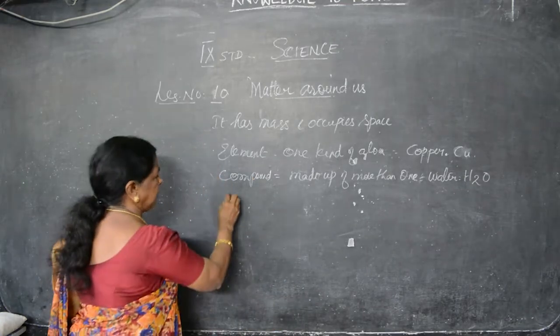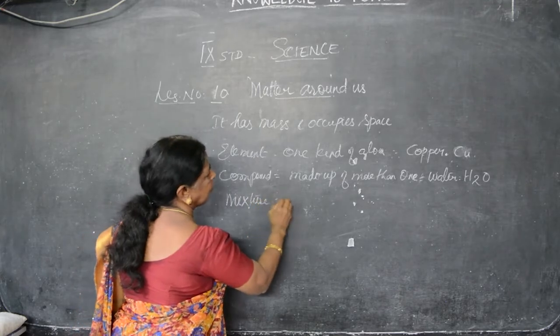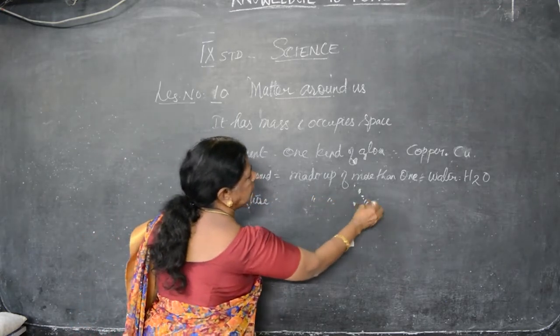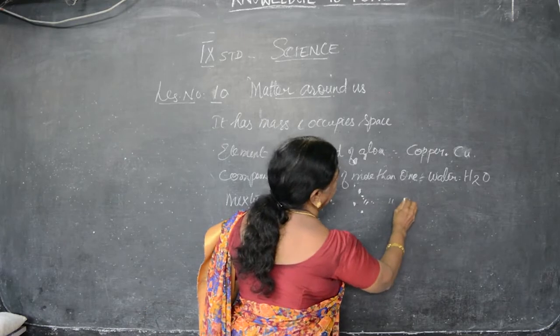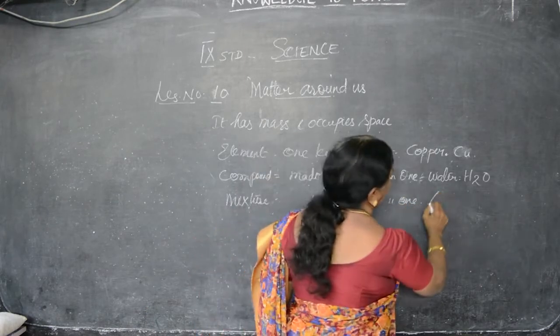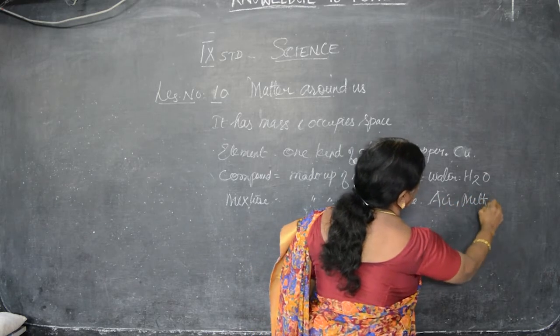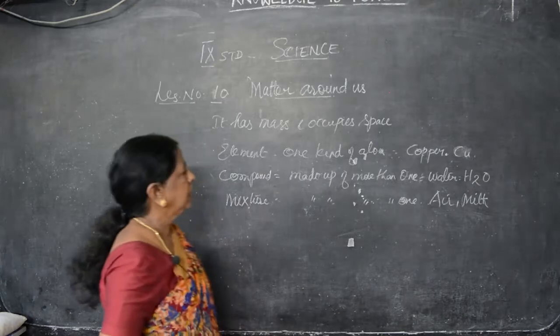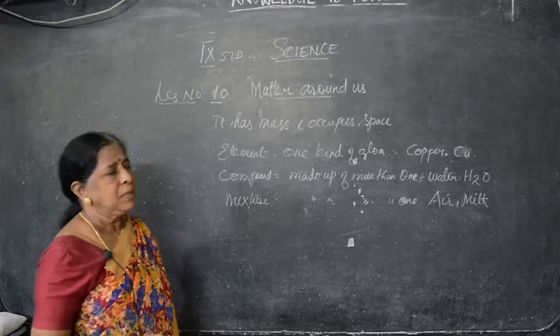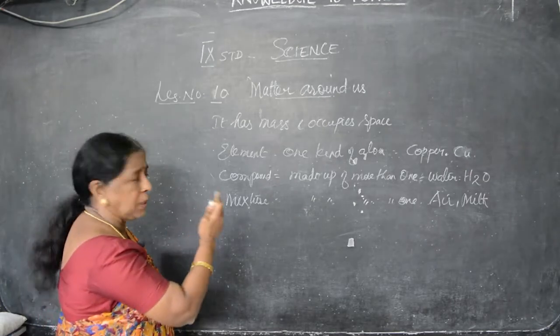Mixture is the same like compound. It's made up of more than one kind of atom in any ratio. For example, air, milk, and so on. So in this lesson, we have to see what elements are,